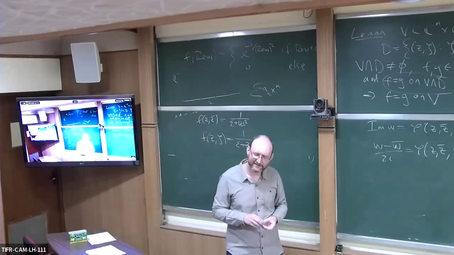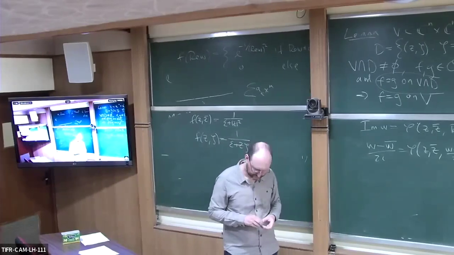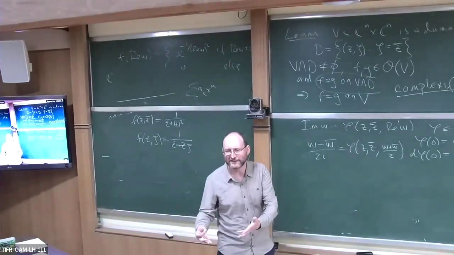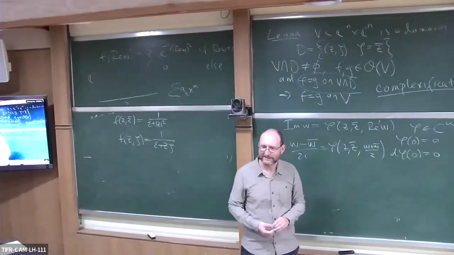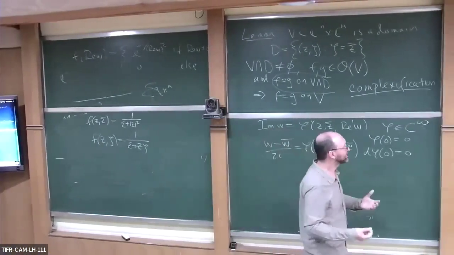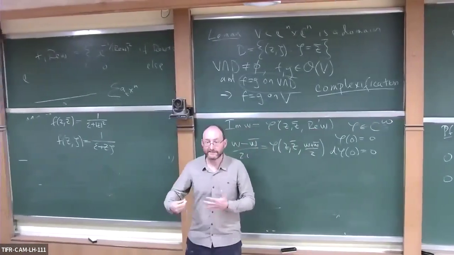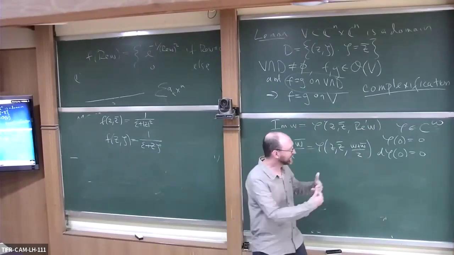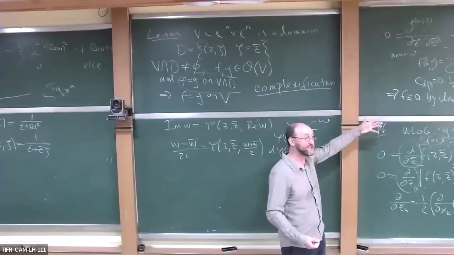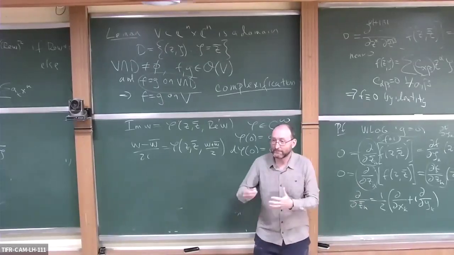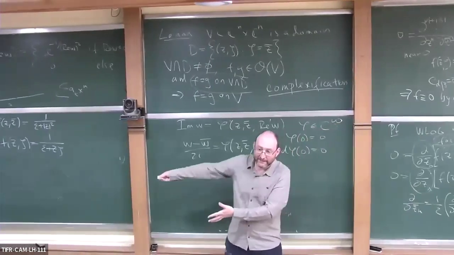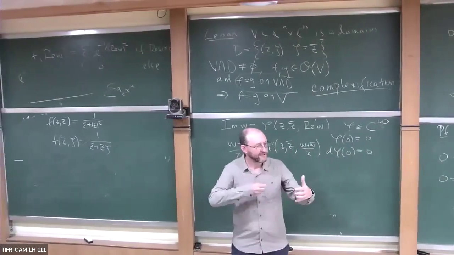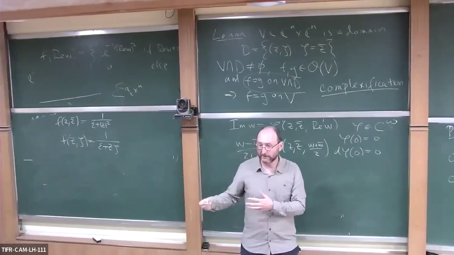You said if you start with a holomorphic function on C^n and complexify. Well, if everything was holomorphic, you wouldn't need to complexify. But you can think of it this way: if I have a holomorphic function of n complex variables and I complexify that, I think of it as a function on C^2n that just happens to not depend on the last n variables. Does that make sense? If I want to work with real objects as well.